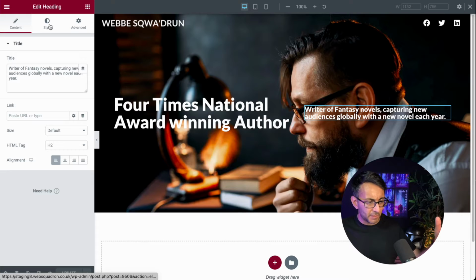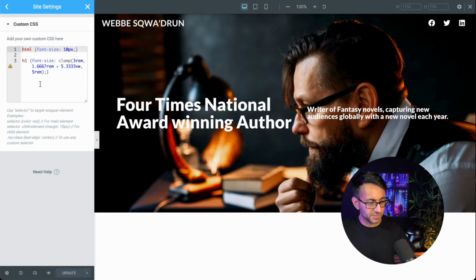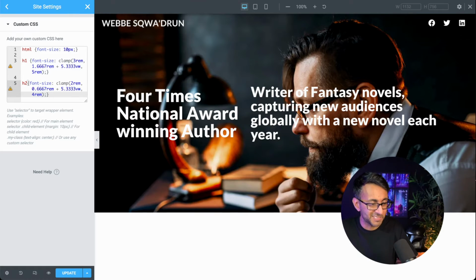Oh, by the way, I don't need to worry about the style of the colors because I've just duplicated the H1, so it remembers the typography, which was Lato anyway, and the color of white. Let's go over here to site settings, then custom CSS. I'm now just going to do an H2, open curly bracket, close. Basically, that's it. H2, curly bracket, dump that bit of text in, and you can see there it's now gone